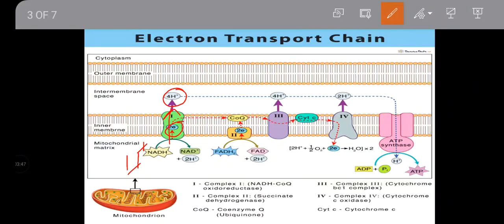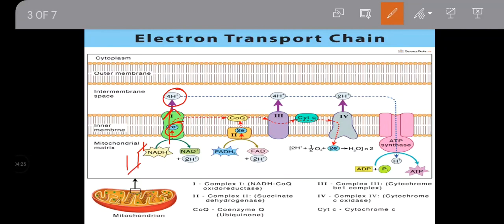Again, in summary, the NADH that comes to complex 1 donates 2 electrons. When these 2 electrons are captured by this complex, it gets energized. When it gets energized, it opens up the channel that allows the pumping of what? Protons from the inner mitochondrial matrix into the intermembrane space. The number pumped is about 4. That is complex 1, also known as NADH dehydrogenase. Then